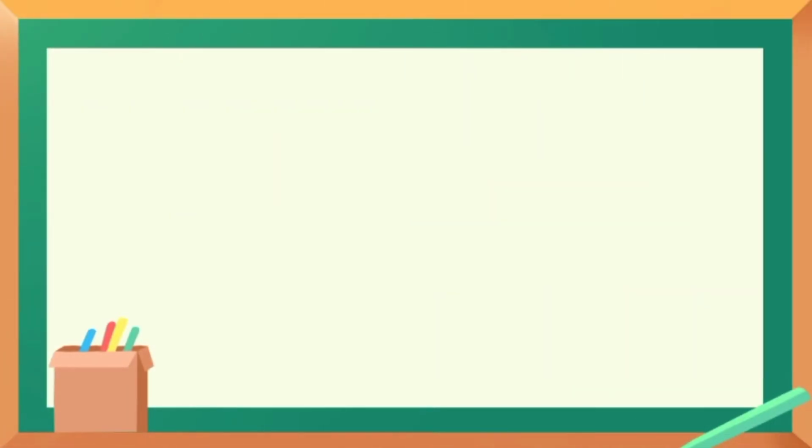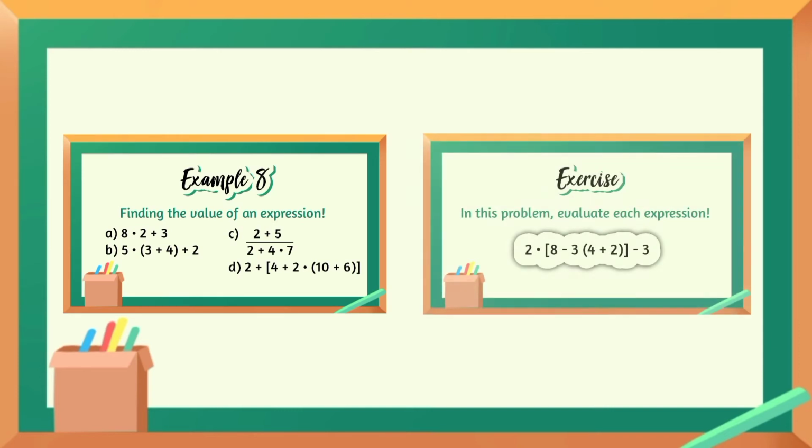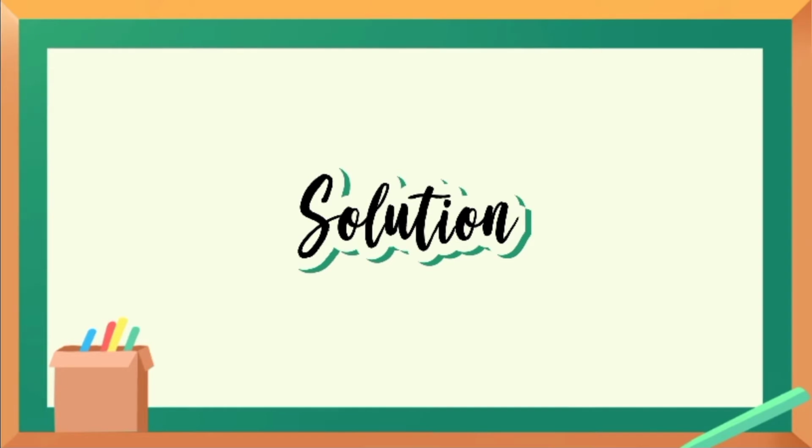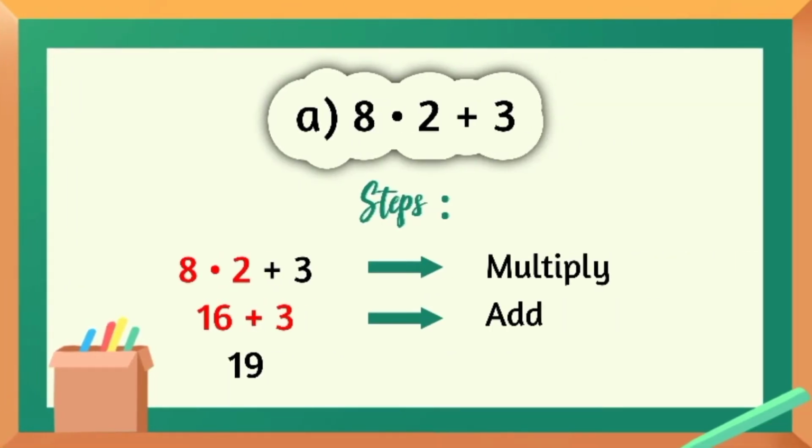Okay, in this video, we will describe the steps in solving example 8 and exercise 0.1, number 38. For example 8, part A, 8 times 2 plus 3 equals blah blah blah. For the answer, the first step we must take to solve the problem is to know what operations are contained